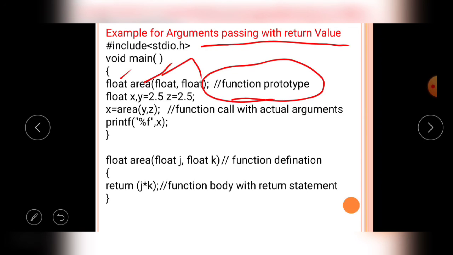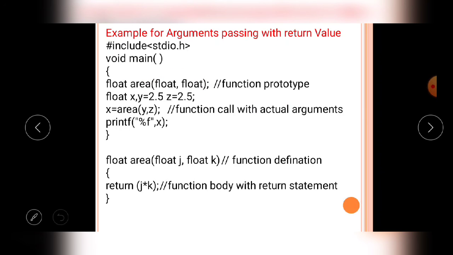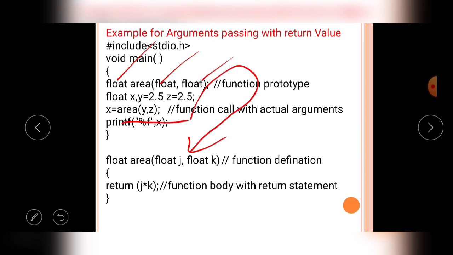That's why the area user defined function belongs to argument passing with return value. The arguments are two arguments, and these two arguments belong to the float data type only. These two arguments are called actual arguments. When the area function is called by the main function, the control is moved from the caller function to the called function.